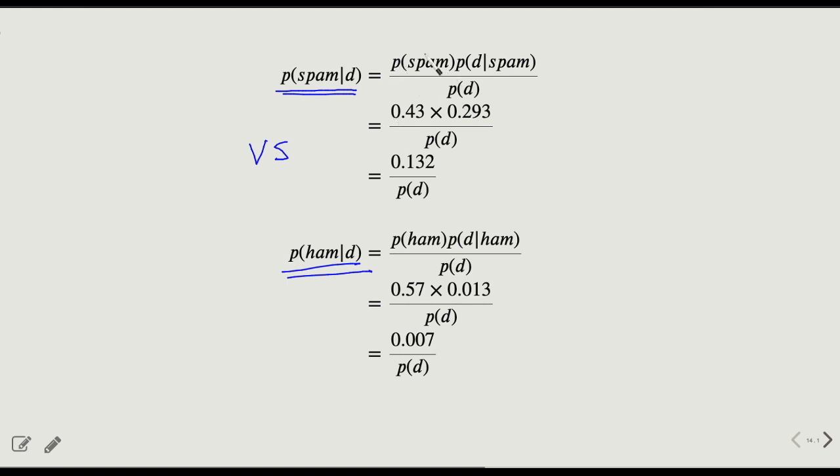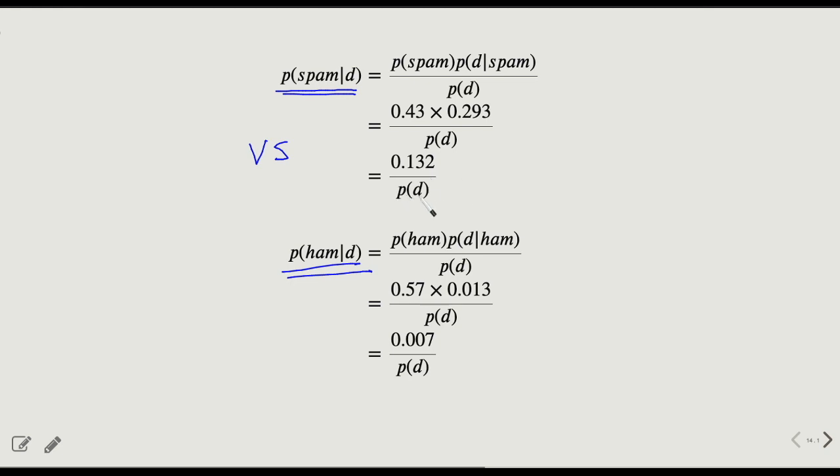So P(spam), regardless of anything else, is 0.43, how likely you are to encounter a spam email, times P(D given spam), the likelihood of a spam email to be in this exact configuration of the document in question, so times 0.29, the number we have just got. And so in the end, the result is going to be